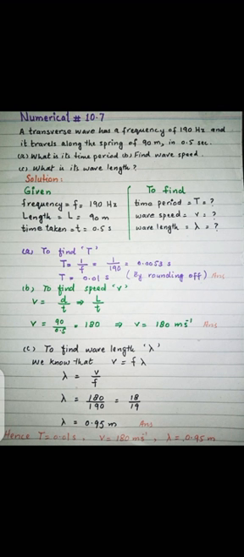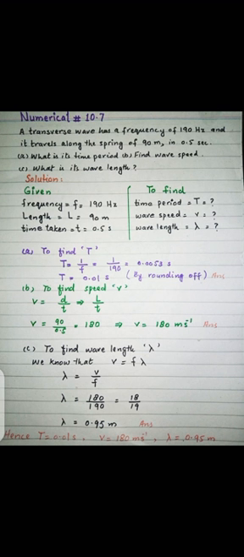Girls, इस स्टेटमेंट में ज़रा गौर कीजिए. ट्रांसफ़र वेव है जिसकी फ्रिक्वेंसी 190 हर्ट्ज़ दी गई है और वो एक 90 मीटर स्प्रिंग जिसकी लेंथ है उसके अलोंग वो ट्रैवल करती है. सो द टोटल लेंथ विल बी इक्वल टू 90 मीटर और इसको 90 मीटर कवर करने के लिए टाइम कितना लगता है? 0.5 सेकेंड मीन हाफ सेकेंड. सो फ्रॉम दिस स्टेटमेंट come toward the given and to find out.